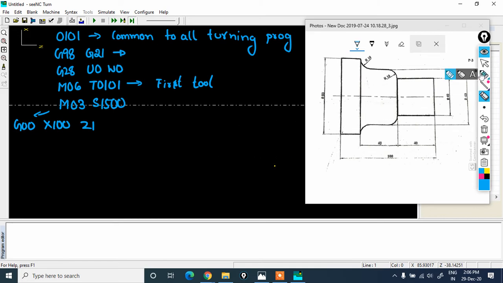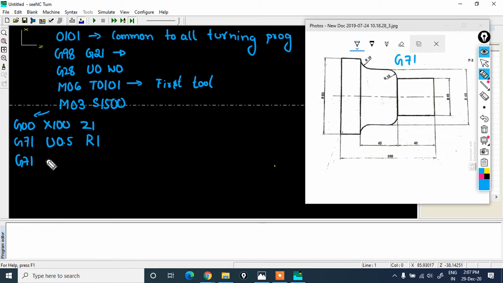Next, followed with G00 is done. Next, now make sure you use the cycle. So now, as I said, I am using the G71 cycle. That particular cycle I need to mention G71. Okay, G71 U0.5 R1, and I will write the complete syntax.